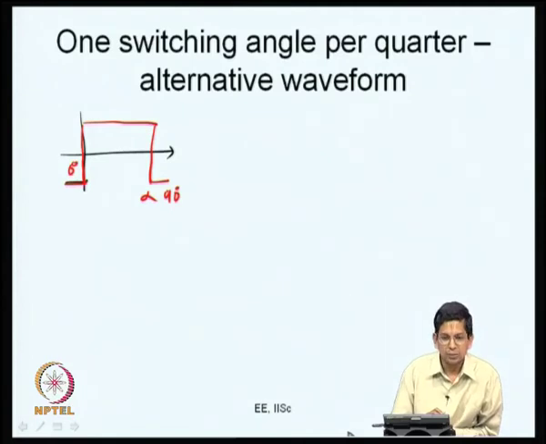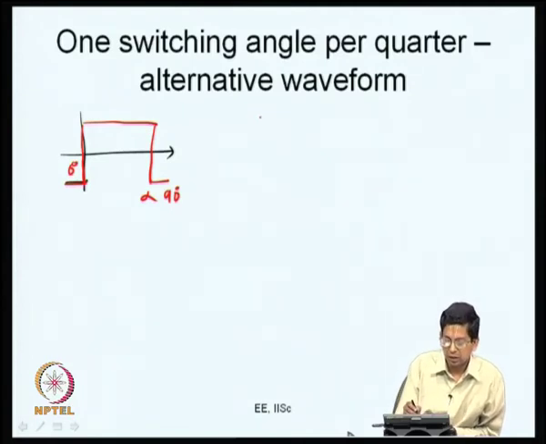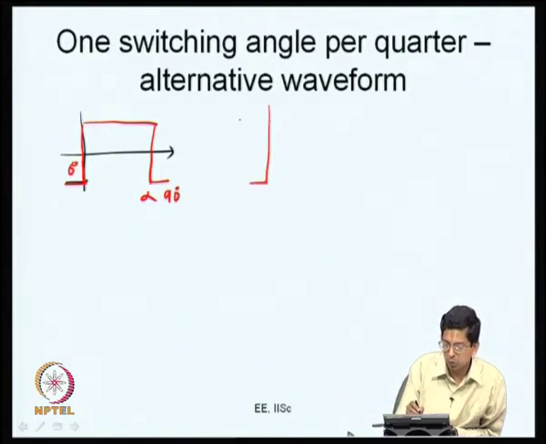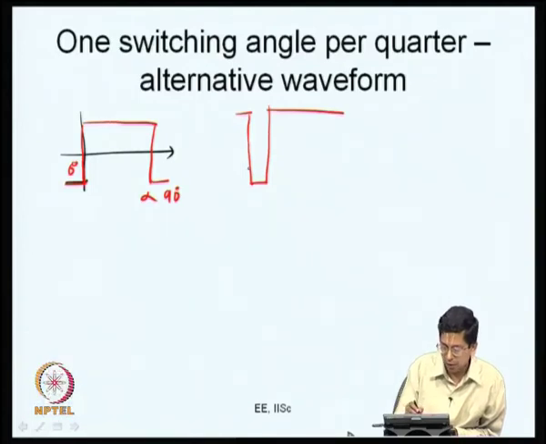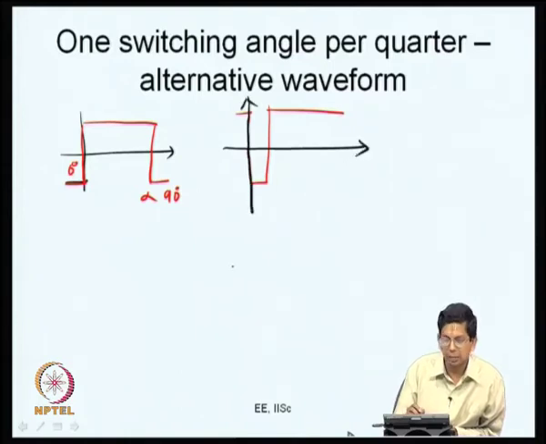On the other hand, one could also consider a different kind of waveform, namely something that switches from high to low and low to high and still about 90 degrees. First, let me indicate the horizontal and the time axis now. So, this is the voltage axis, this is the time axis now.